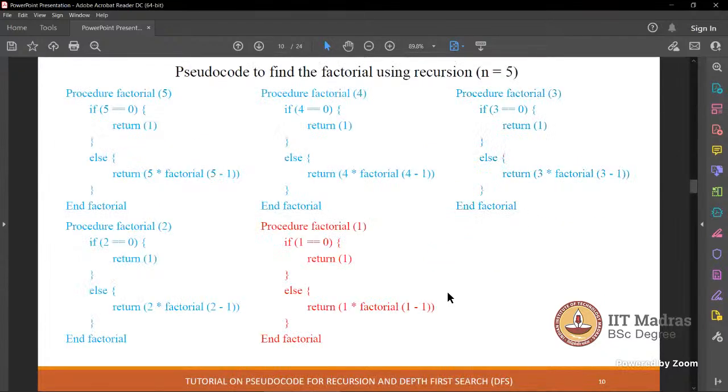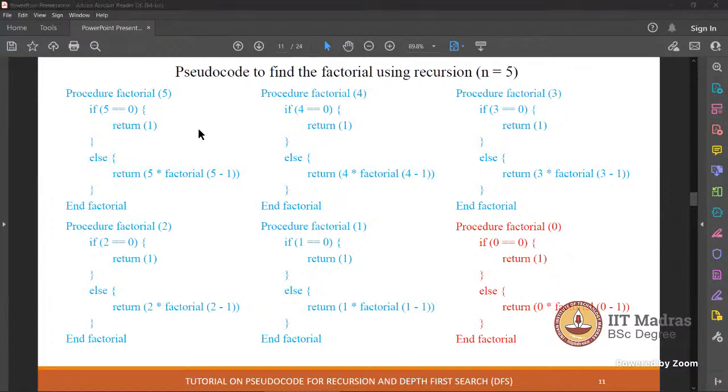In this particular recursion, we compare a numerical value to another numerical value. So here you are comparing if 5 equals 0, or if 3 equals 0, or 4 equals 0. How is it possible, if we must be comparing some variable to a constant? No, it's not mandatory. We can compare integer with integer.